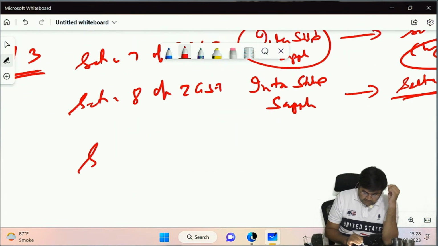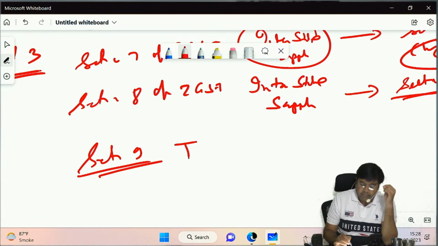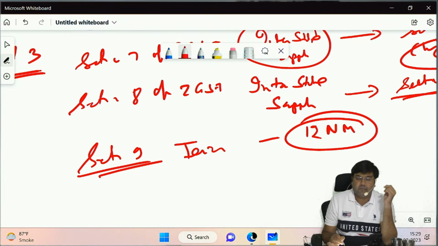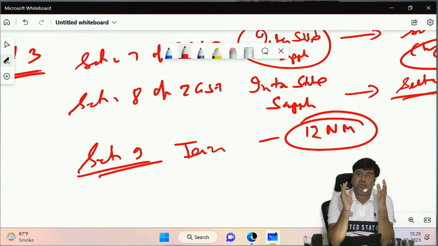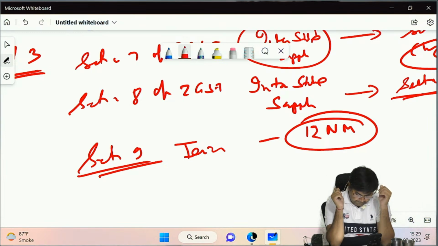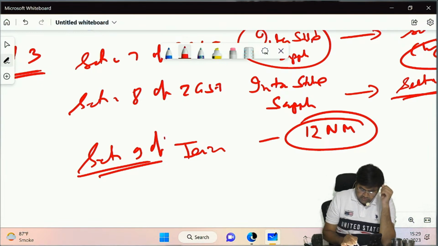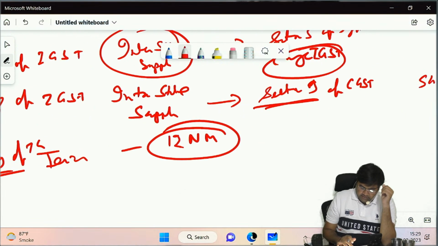Then we discuss section 9, supply in territorial water. So territorial water, remember, belongs to the nearest state or union territory, and territorial water is basically 12 nautical miles. Okay, so it is going to belong to the nearest state or union territory. So that was section 9 of IGST only. Then we discuss section